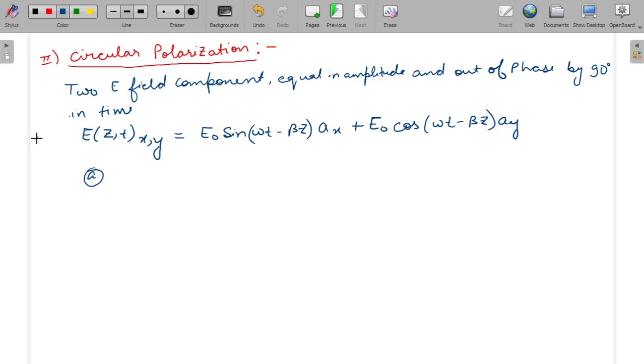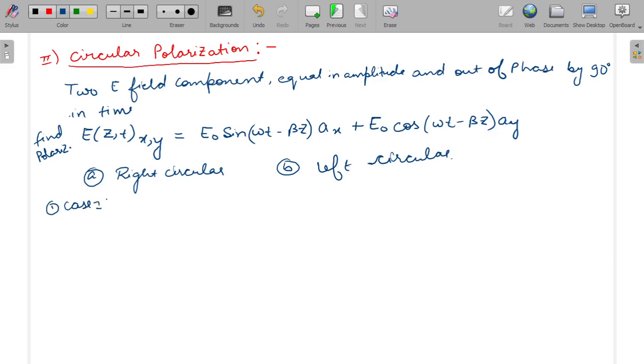Option A. What is this polarization? Find the polarization of this equation. Option A is right circular, option B is left circular. Now we will take each thing very carefully. Case 1, when t is equal to 0, our omega t is equal to 2 pi by T into t,